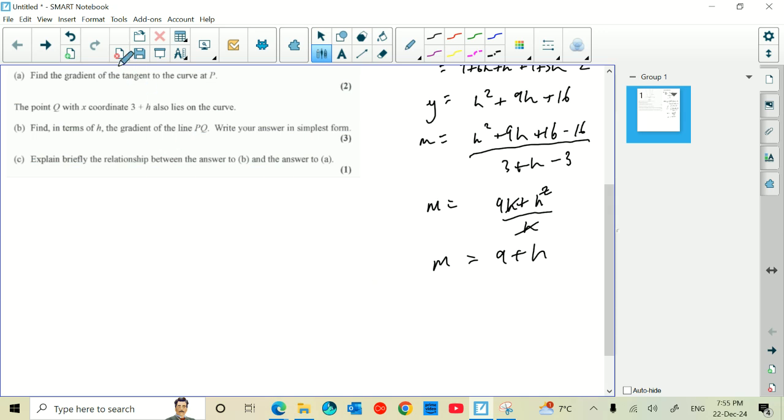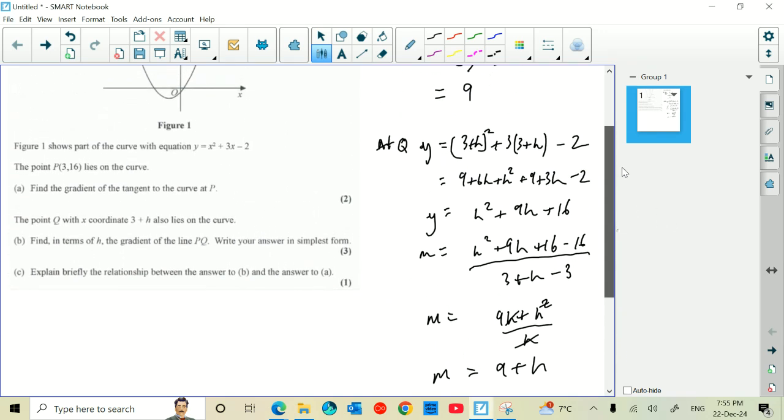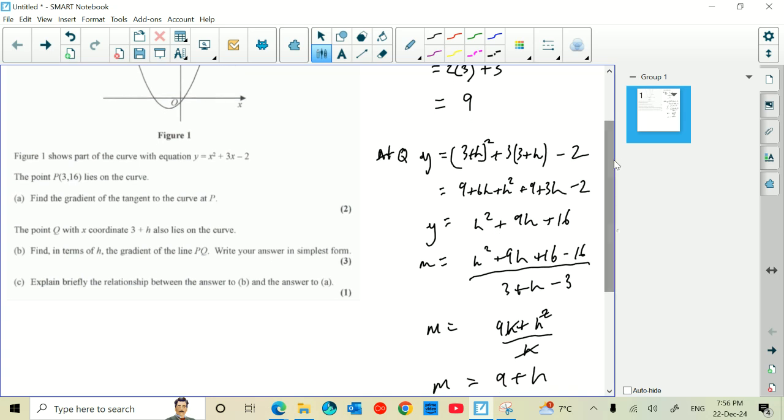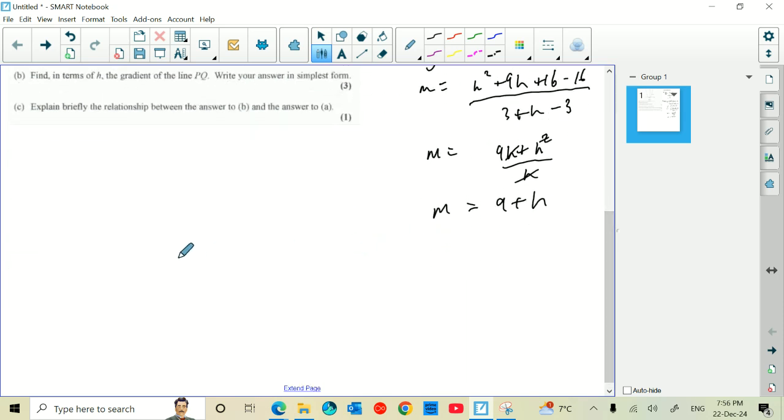So part C now says, let's have a look at part C. Explain briefly the relationship between the answer to B and the answer to A. So this is part B done. And now part C, the relationship